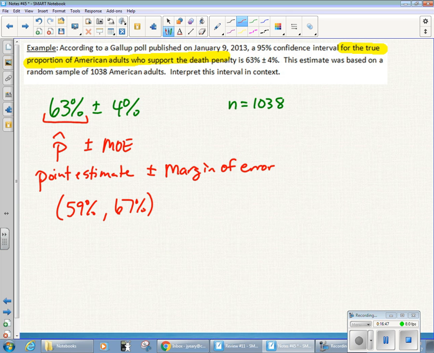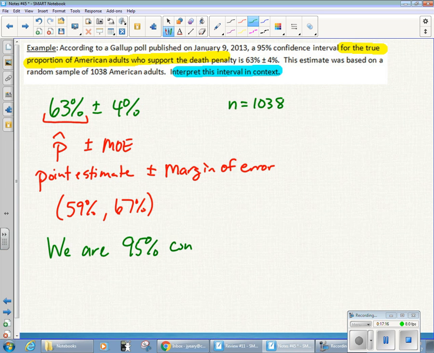Now, this is all great, this is all dandy. It's kind of showing you how to do it, but unfortunately it doesn't answer the specific question they asked in this problem. That specific question is to interpret this confidence interval in context. So using our cookie cutter translator that we're going to use all year long, here's what it would look like. So we are, you could say I am, doesn't matter the verb tense. So we are